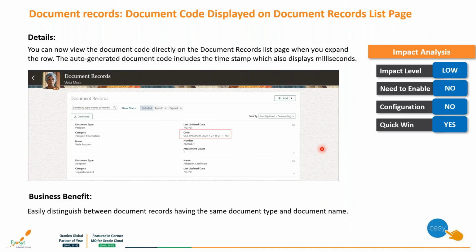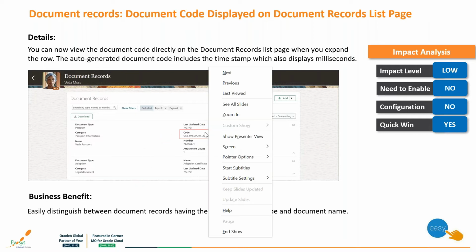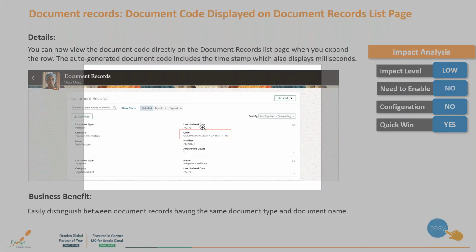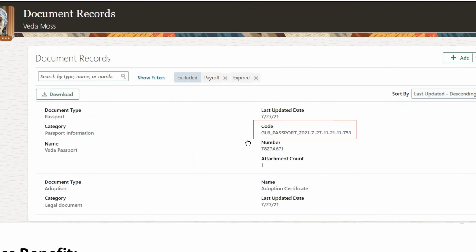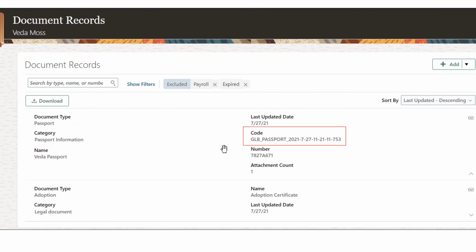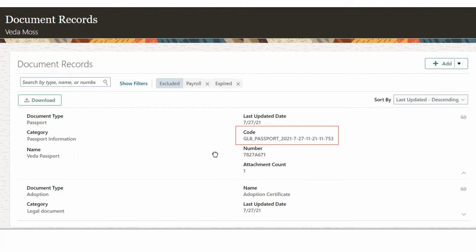Document code displayed on document records page. Initially, when a document of record or document has been assigned and updated, the document code is not visible. So, say for example, if there are some issues and something needs to be checked, we had to set up a maintenance and then check what the document code is. But now